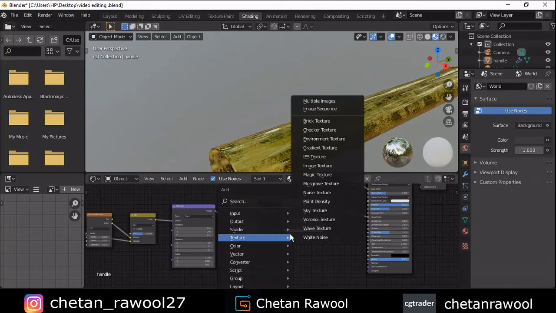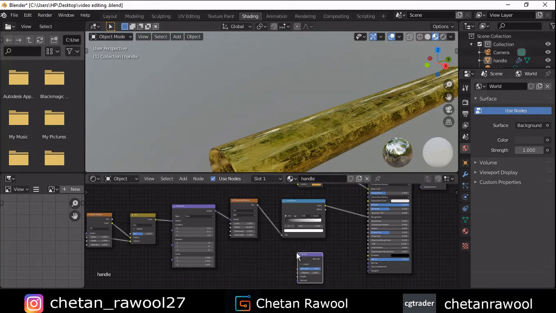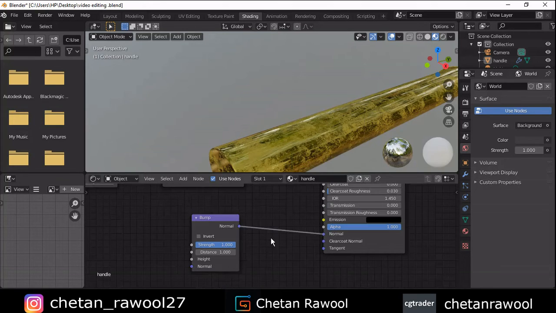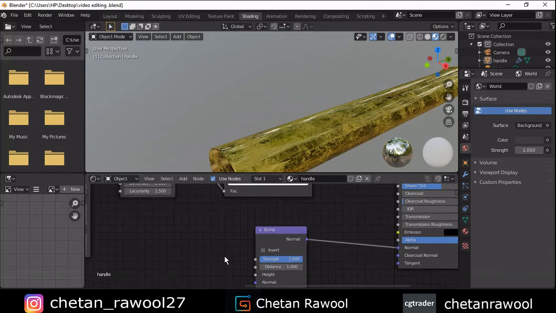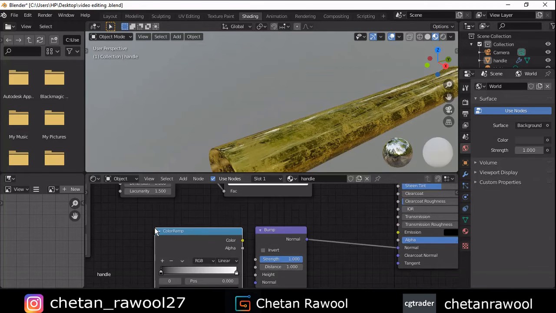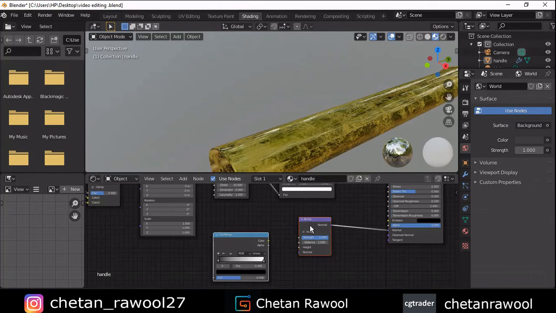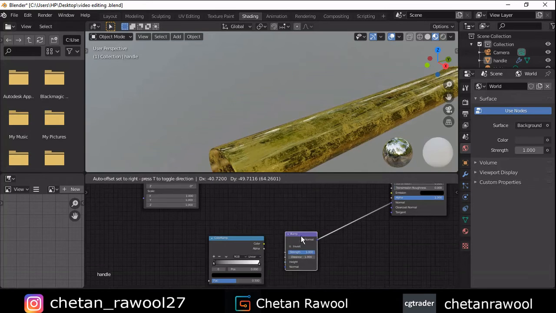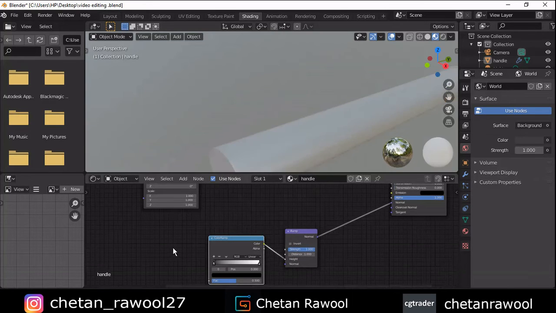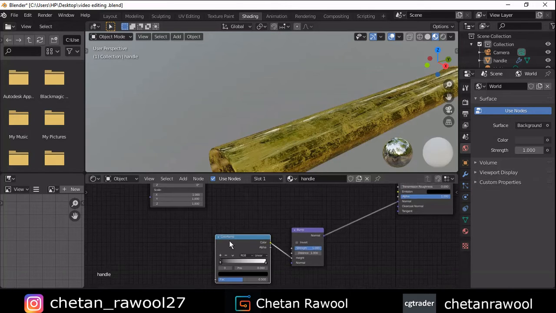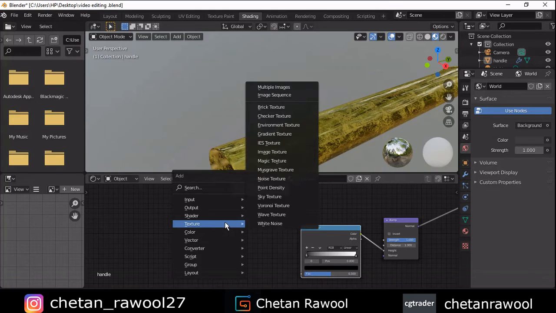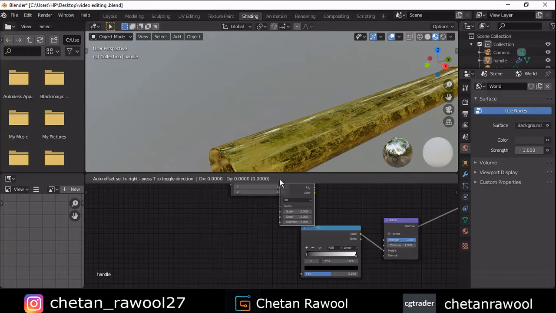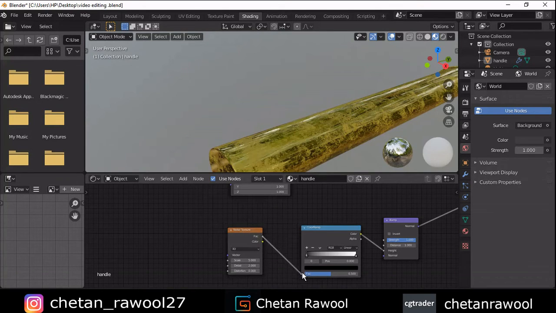Then we will add one more texture, and that will be for our bump map. Add a bump map and connect this bump map to the normal. Then add a color ramp right there and connect the color ramp output to the height input of your bump map, like this. And then we will add one more texture, and that will be our noise texture. So add a noise texture,